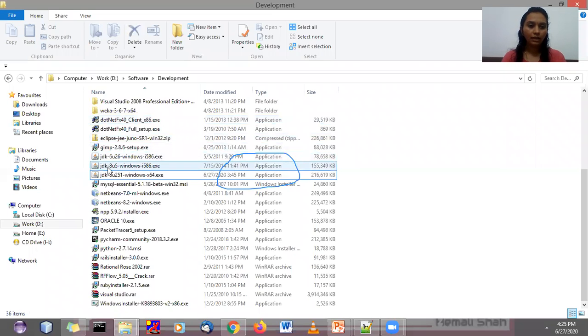See here, I have downloaded this JDK. By clicking on this downloaded file, just give the permission yes to install it.